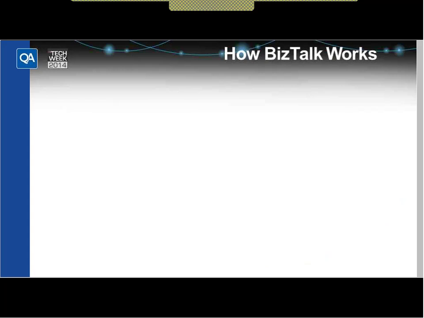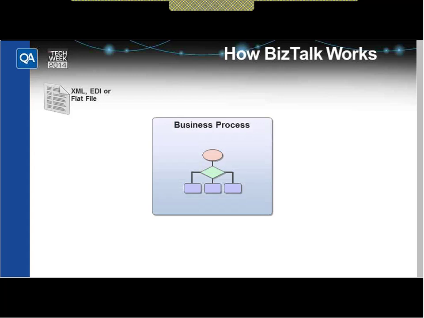So here we are, the high-level view of how BizTalk works. We'd like to receive messages. It is a messaging system. It's all about receiving messages from one place, sending them to another. So messages will come in, and they will obviously be formatted in whatever way your external system likes. There might be XML, but there might be some flat file thing, or comma-separated variables, or CSV files, or EDI files if you're using Edifact or ANSI X12, something like that. So a message will arrive. It'll be in some format or other, and we want to pass it through our business process,